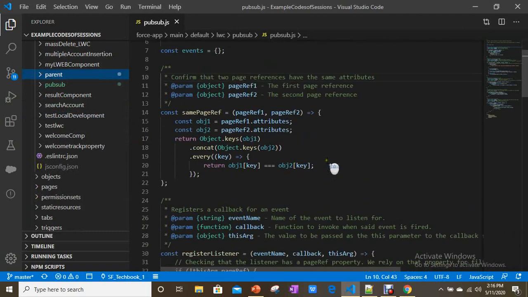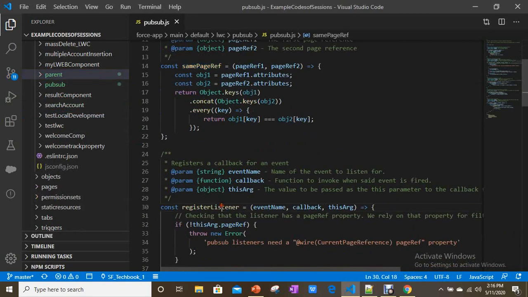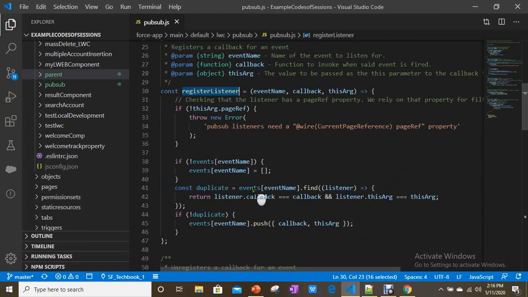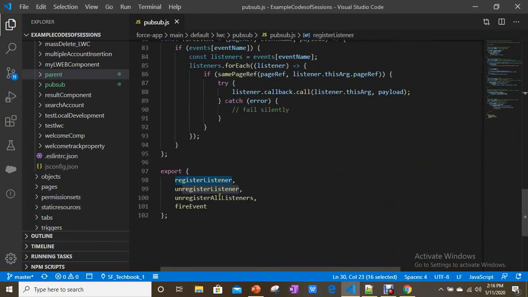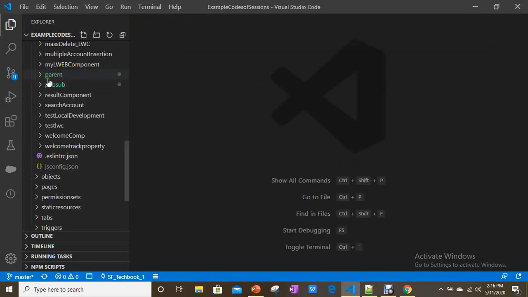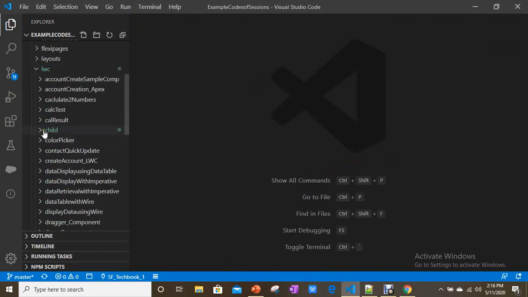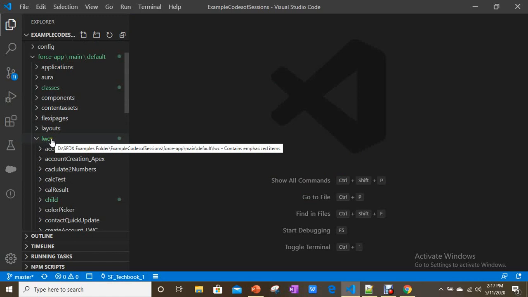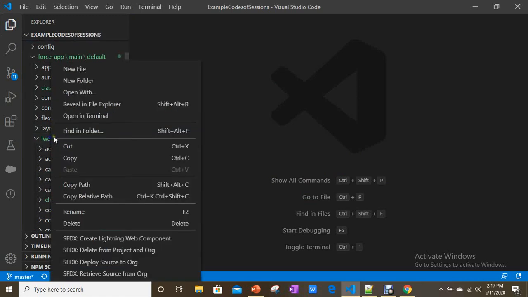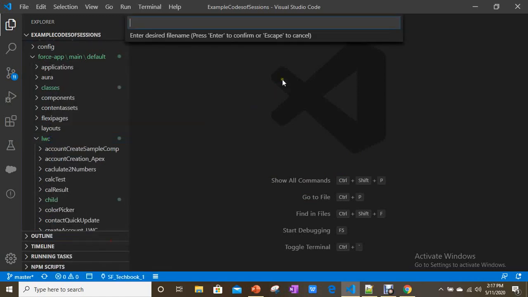So in PubSub we have different kinds of things. Register events, firing events, all the things will be there. You just need to use these methods, nothing else. So how we can use? For that we are going to create two components. One is publisher, another one is listener. Let me create the publisher component.